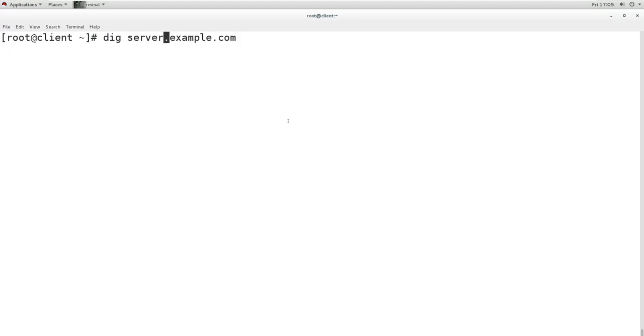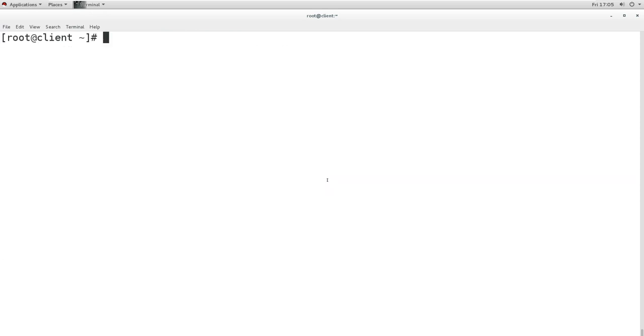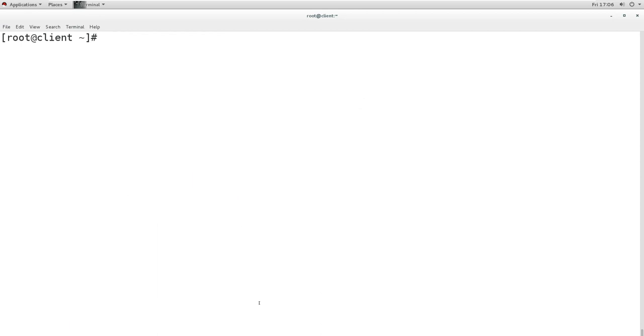For the forward zone, we can check the machine name here, and we are getting the answer properly. We can verify the reverse zone also by using the -x option, and we are getting the answer also. So our forward zone and reverse zone are both working properly. The firewall is allowing it, and everything is working properly.